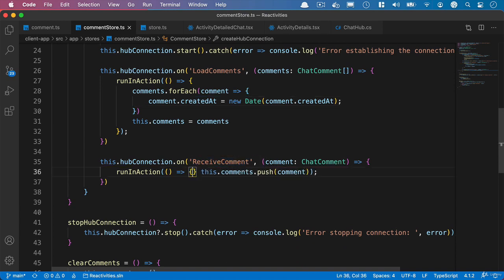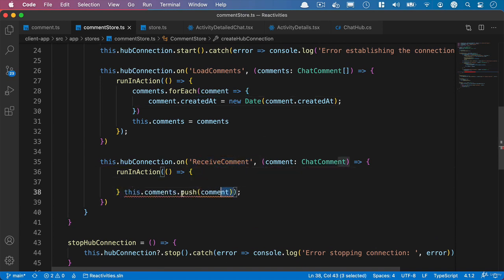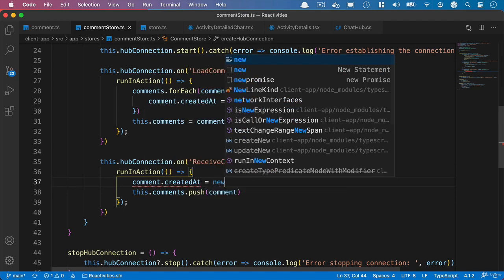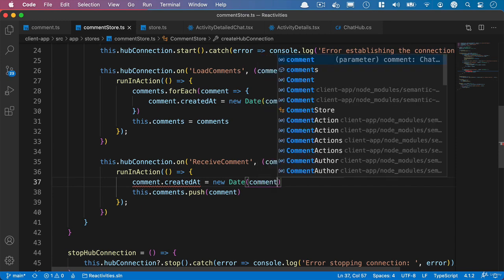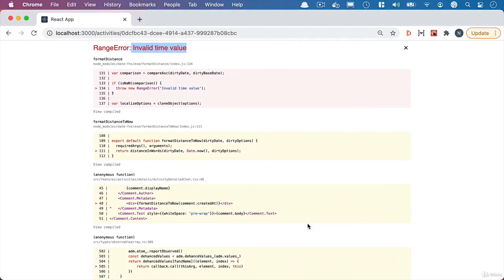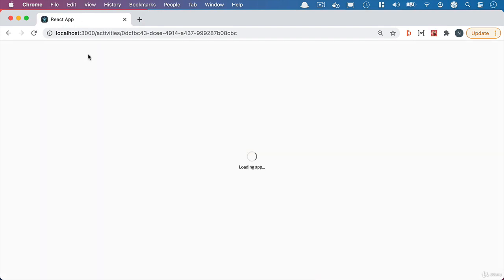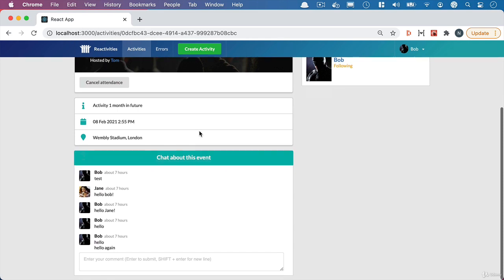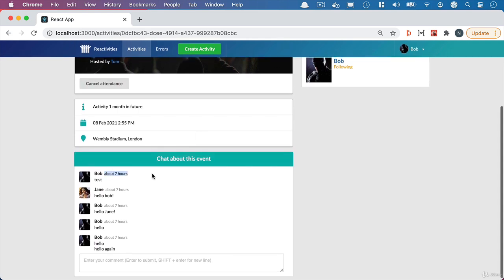And then we'll just do the same for the comment we get back when we receive a comment. So once again, we'll just open some curly brackets. We'll take this line and paste it inside. But before we push our new comment, we'll say comment.createdAt is equal to new date comment.createdAt. And this should fix our application. If we refresh the page,